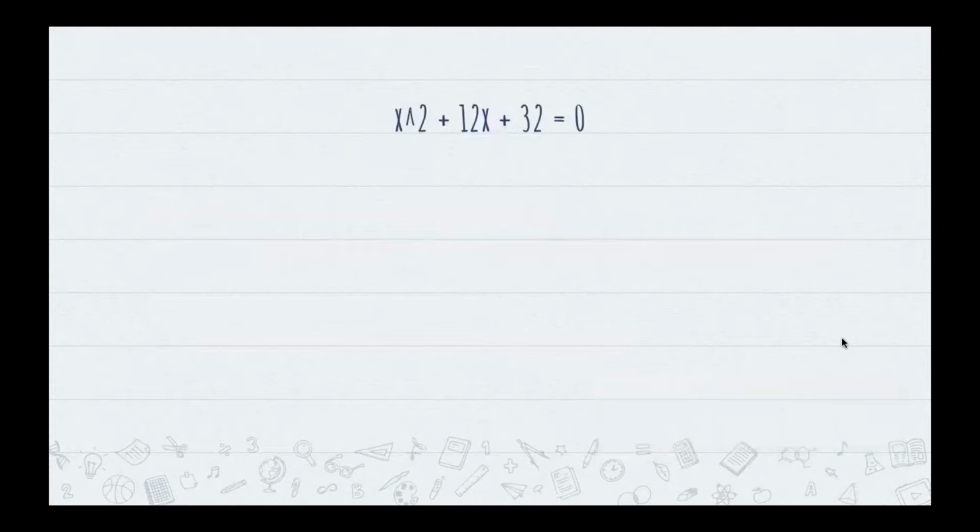So this is our first example. So our A, B, and C is our 1, 12, and 32. Because A is 1, we don't need to do anything to it. So we can just skip the first step. What we do need to do first is we have to transpose this to the other side and add a box,